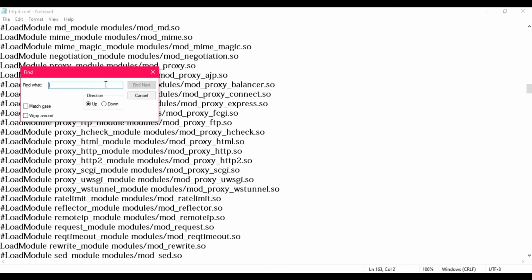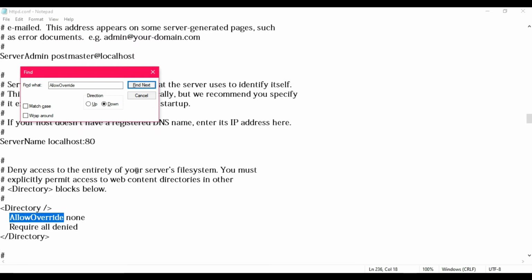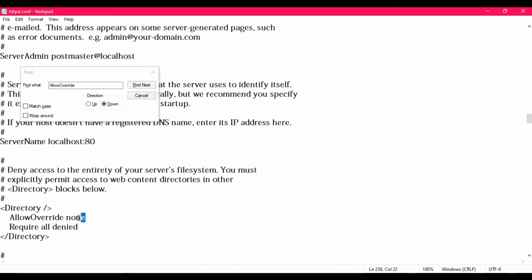Now search for the term AllowOverride. Make sure you spell it right here. Find next. And here the permission set to this command is none. You have to change it to all. Now click find next.